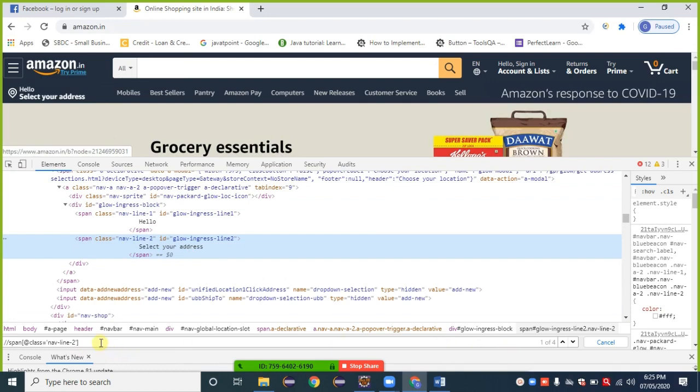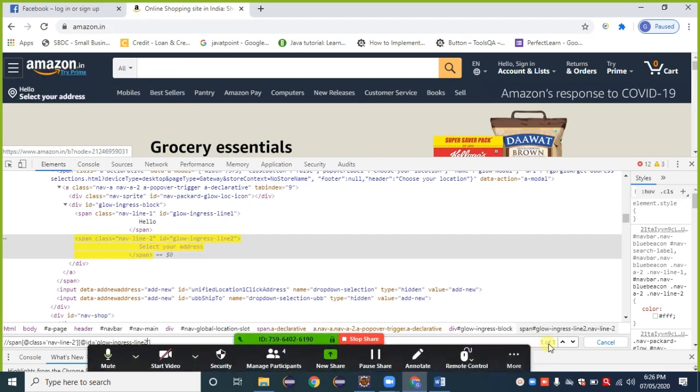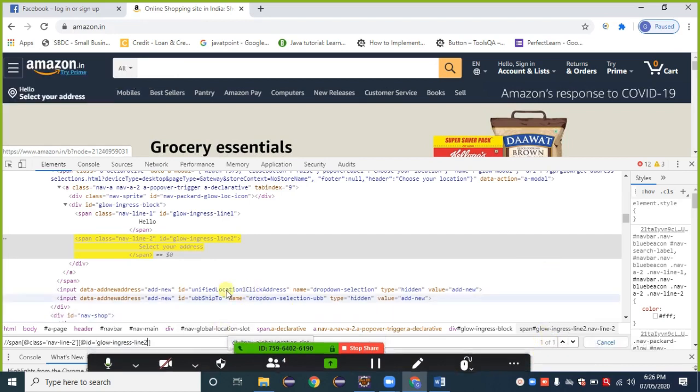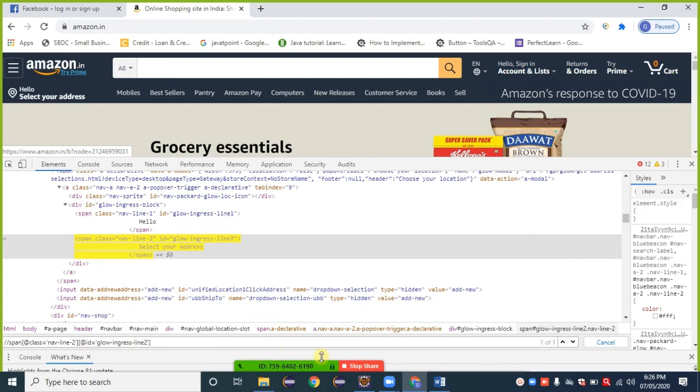So here I can provide another attribute also. We have another attribute with us. Let me select this one, ID. Double click, Control C. @ ID is equal to single quote, and insert this value. Here observe that 1 of 1. So we can go with 1, we can go with 2 also. It depends on us.